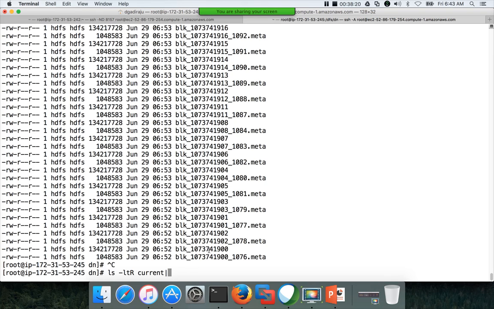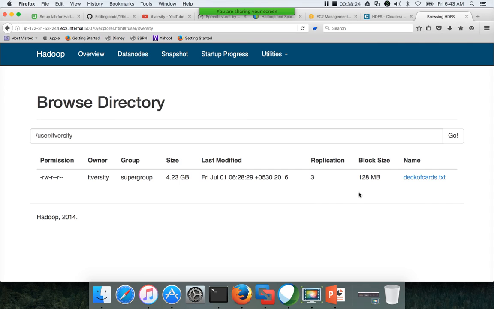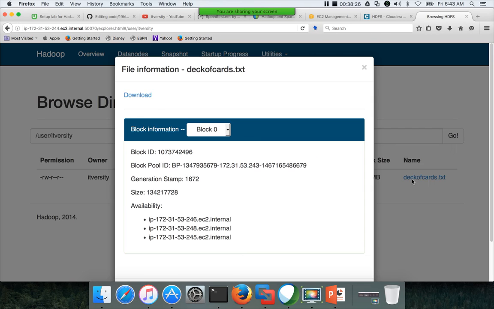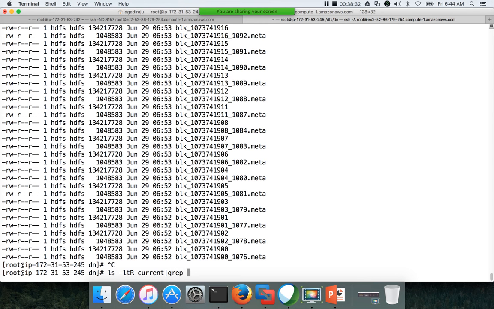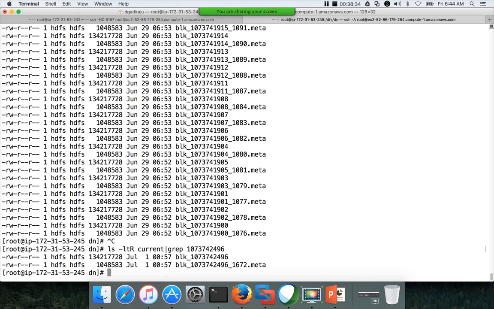But if you see here, let me see. What is the block ID? If I want to get only the information related to this block ID, I can do this also. Okay, it will give the details, but again here it does not give the fully qualified path. So to get the fully qualified path, I need to understand another control argument in ls, which will give the fully qualified path for each of the files.